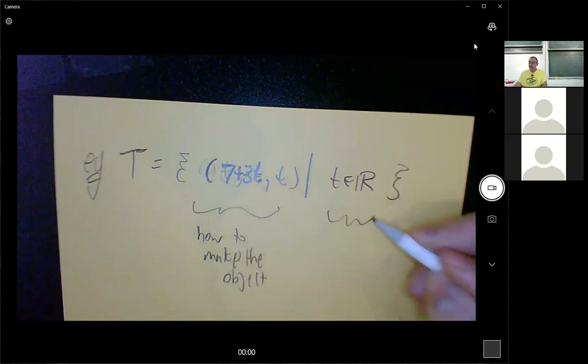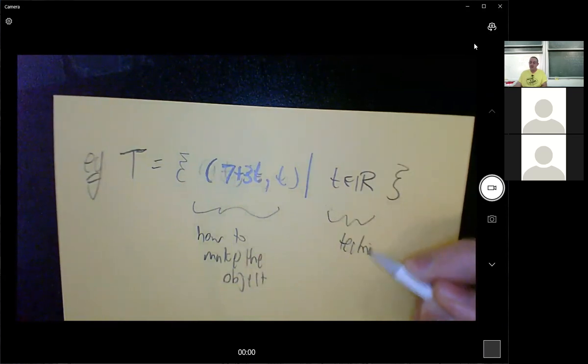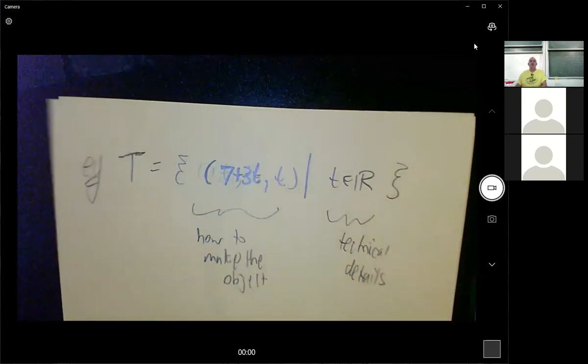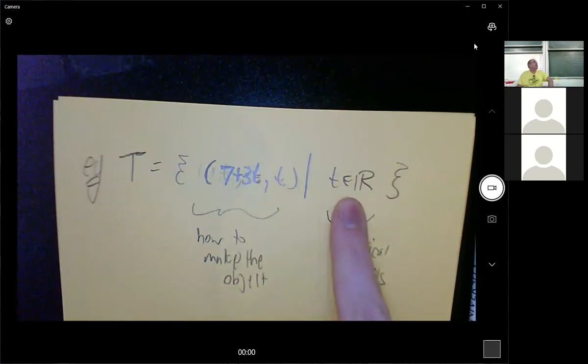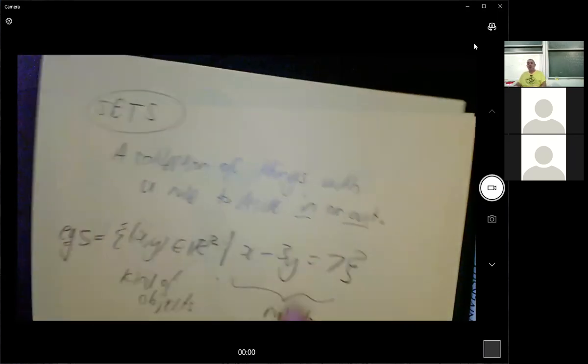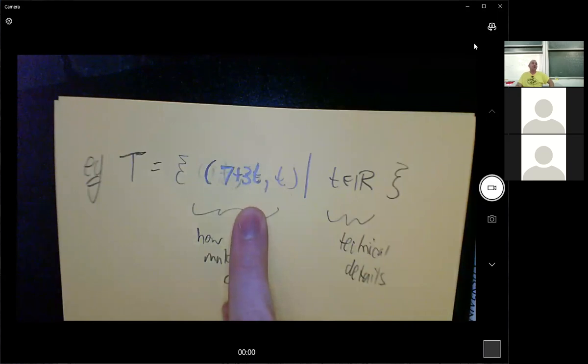And this is some technical details, just to make sure that I'm supposed to use all the numbers that are real numbers, and I'm supposed to create all of these things, and then all of those things, they are the set. This one tells you a rule for deciding whether a random thing is in the set. This one tells you how to create all the things that are in the set. So I would make,